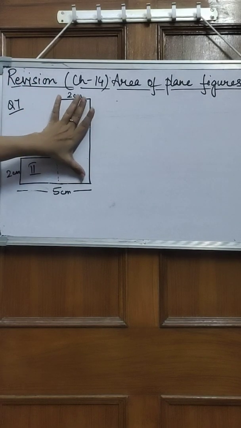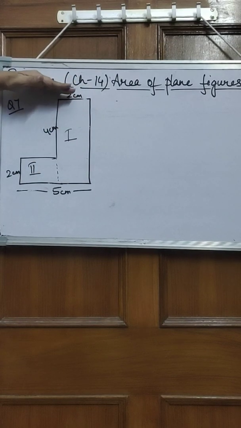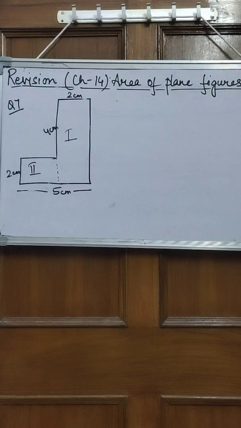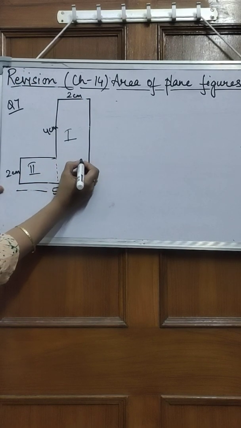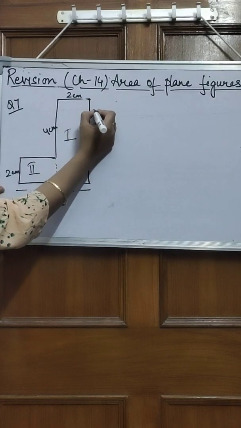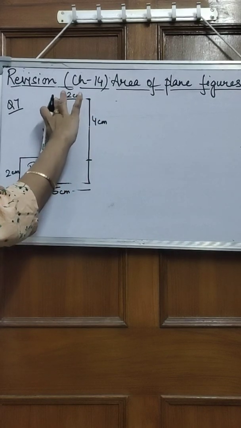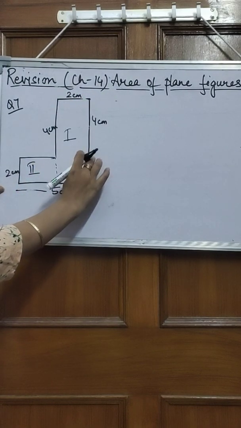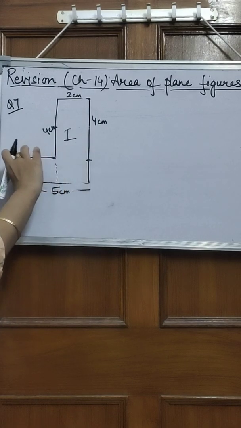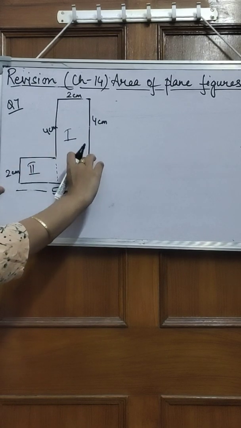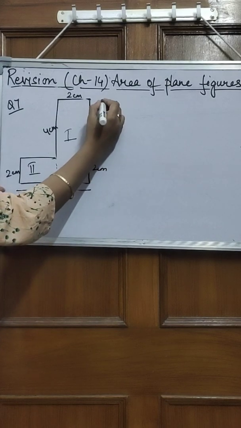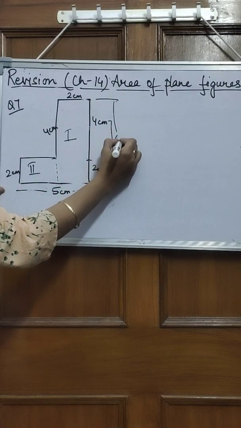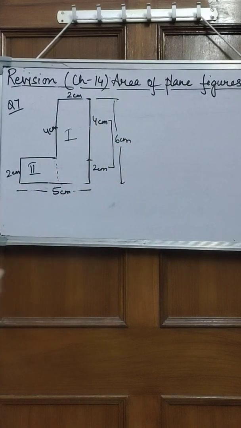So if you see the length, this is the entire length, which this side is divided into 2 parts. So from here till here, this portion is 4 centimeter, isn't it? If this part is 4, so this part is also 4. Now come to the remaining portion. So this remaining portion is equal to this portion, so it is 2 centimeter. Now this says that this entire length is 6 centimeter, isn't it?